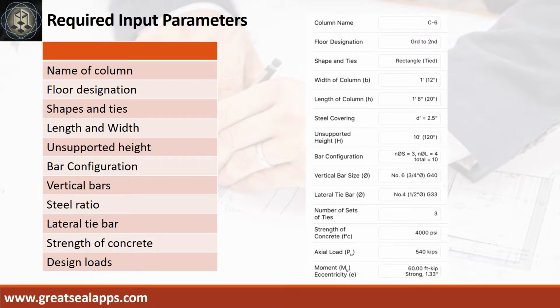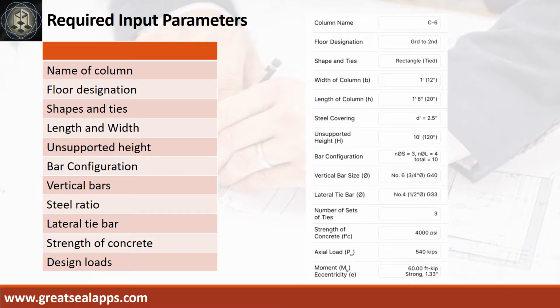Enumerate input parameters required. Column name C6, floor designation ground to second, rectangular shape and lateral ties, width of column 12 inches, length of column 20 inches, steel covering 2.5 inches, unsupported height 10 feet, bar configuration 3 at short side and 4 at long side, vertical bars 3/4 inch diameter at grade 40, lateral tie bars 1/2 inch diameter at grade 33, strength of concrete 4000 psi, factored axial load 540 kips, factored moment 60 foot-kips, and eccentricity